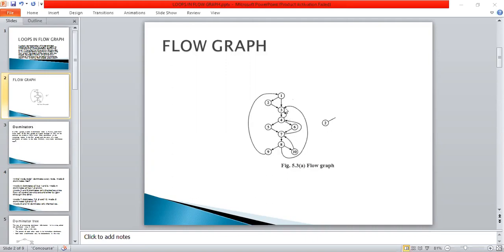But here the information from the root can also be passed through 3 to the remaining nodes. Hence, we can say that 2 dominates only itself.